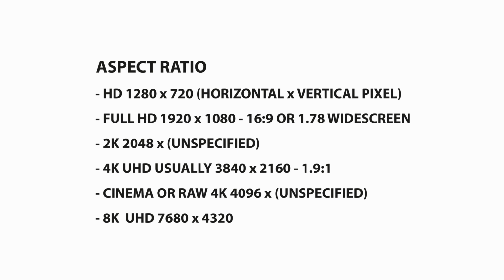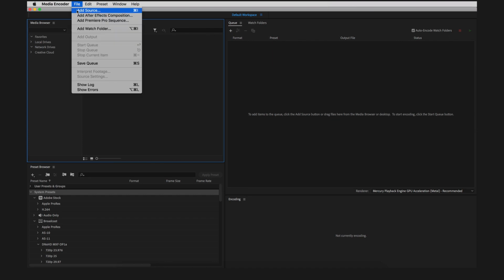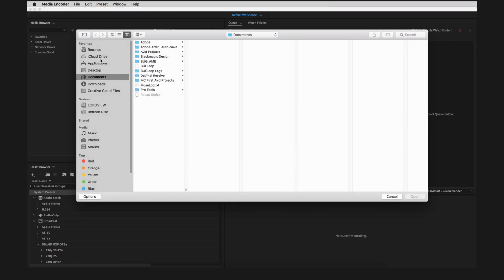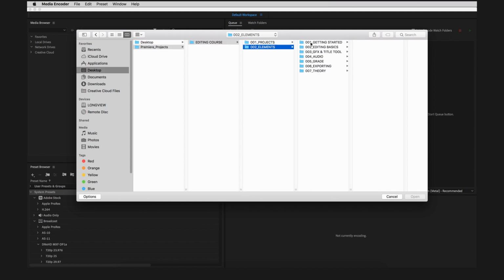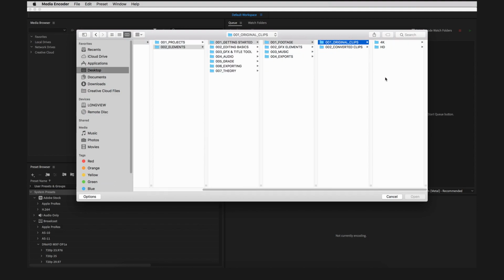Before starting any edit, I would recommend to convert clips in Media Encoder. It's very easy to use, and one way to add footage is by going to File, Add Source, finding the footage in the folder structure, going to the original clips, 4K, selecting a clip,